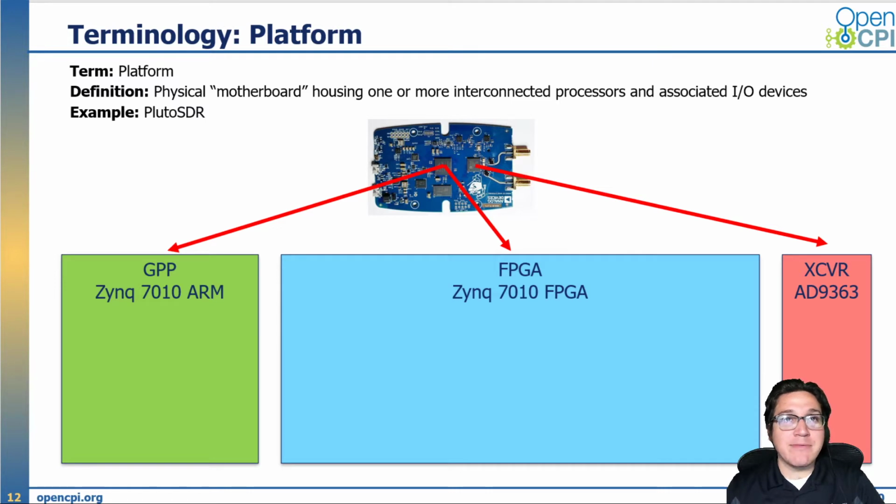So a platform is a physical motherboard housing one or more interconnected processors and associated I/O devices. We'll be using the Pluto SDR as an example. The Pluto SDR uses the FPGA from the 7000 series Zynq, and the Zynq has embedded inside the same chip a hard-core ARM processor and the FPGA fabric. The interconnect between the fabric and the ARM in OpenCPI is through the AXI ports. There are two types of AXI ports: the general purpose and the high performance ports. Before we get into that, though,